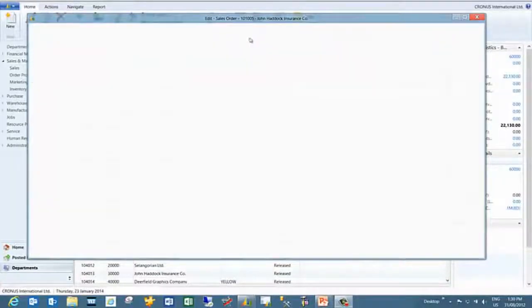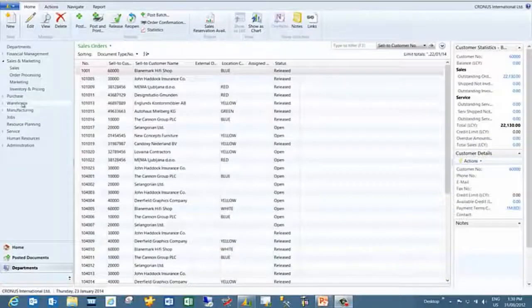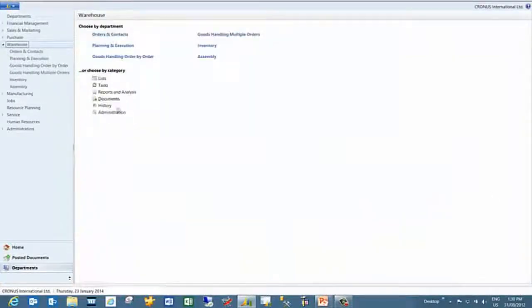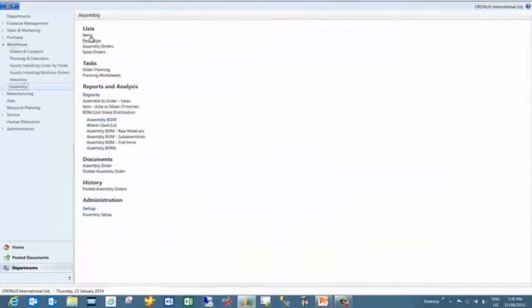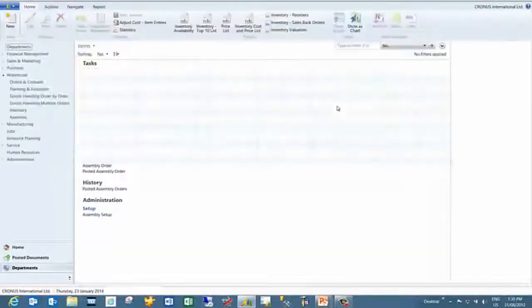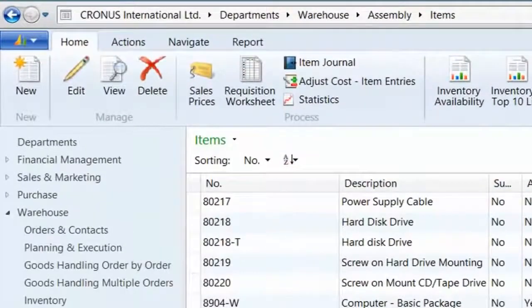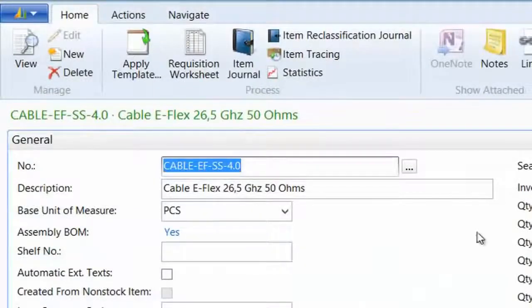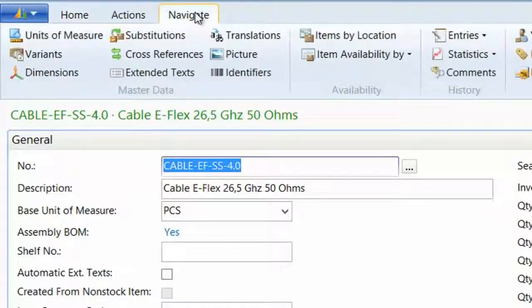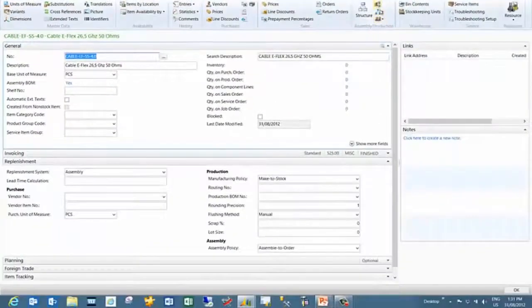So I'm just going to close this and then move back to my assembly menu. So going here, and I'm just going to open the cable, the main item. So here, back to the cable. So if we want to get a better understanding of how the BOM cost shares look, the way to do that is by going to the Navigate tab and then Assembly Production Area. And if we then look at,